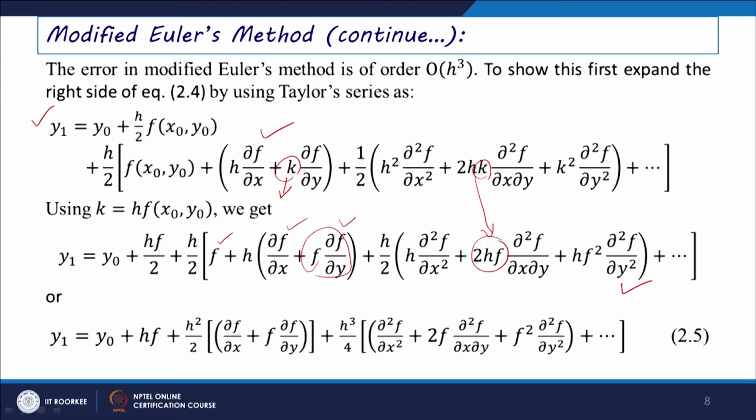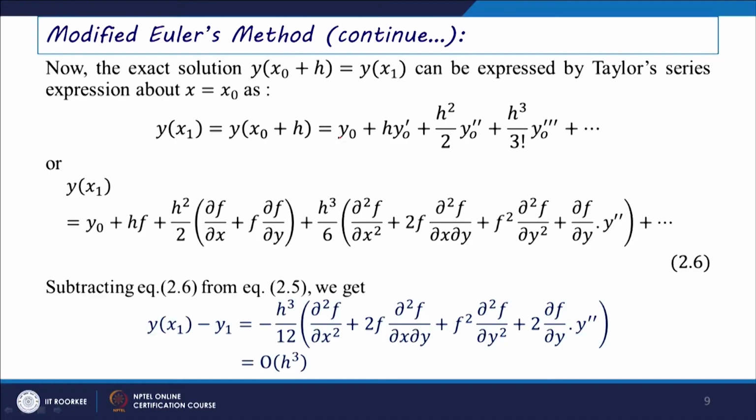So, the remaining terms are there. We are just adding the h f by 2 term here and subtracting from this one, or you can consider the addition of these two terms as represented in this form here. Now, if we want to find the exact solution, that is y of x0 plus h,